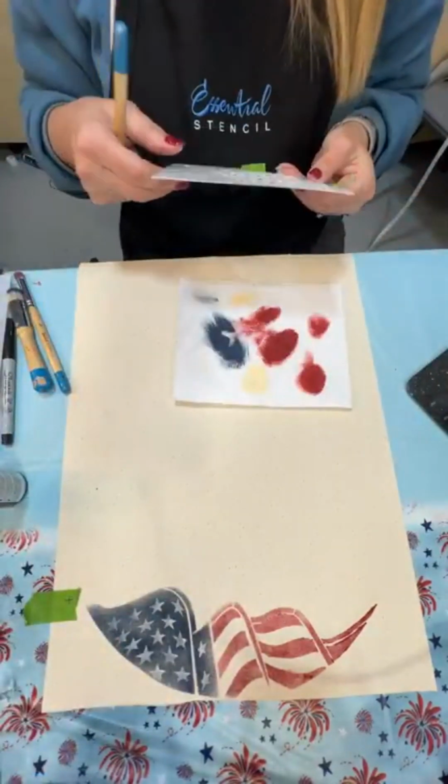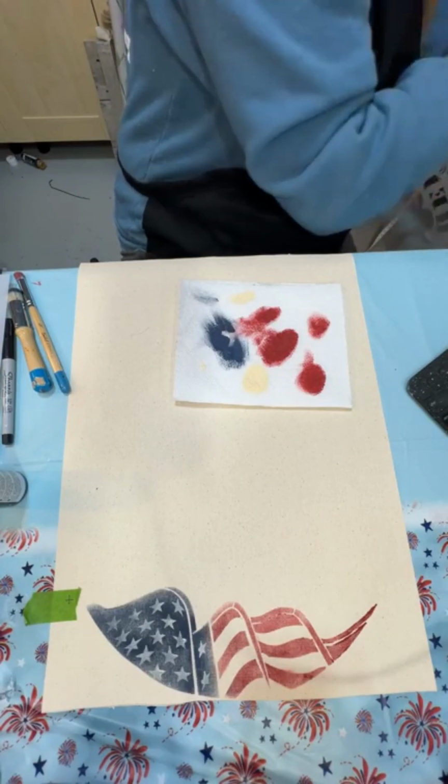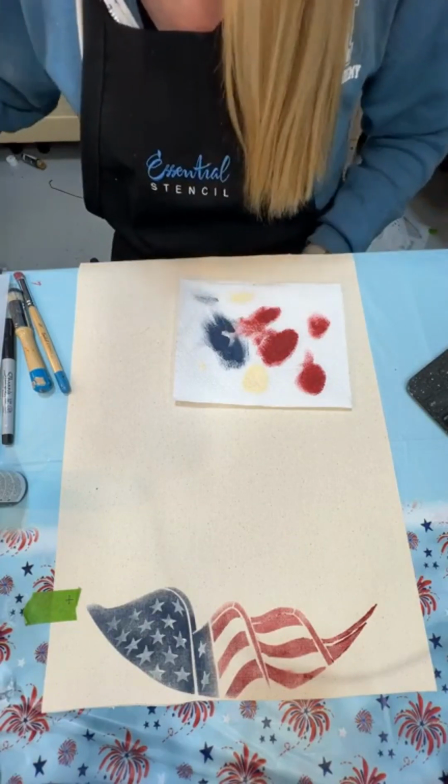Actually, I like that a lot. I think that looks really, really good. The next one we're going to use is also a layered stencil. And it is